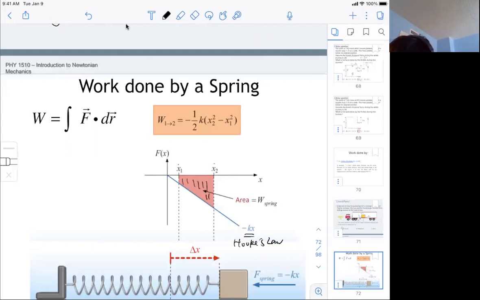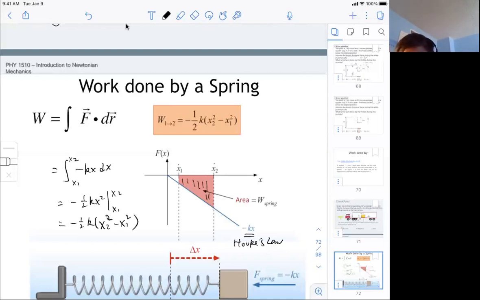we can do the integral of negative kx dx from x1 to x2, right? And you have 1/2 kx squared, using our math about integration, from x1 to x2, and then you can calculate how much work is being done, right? It's x2 squared minus x1 squared. And you can see that the work done by the spring, this format 1/2 kx squared, as shown in here,